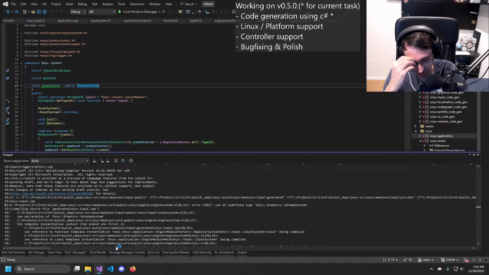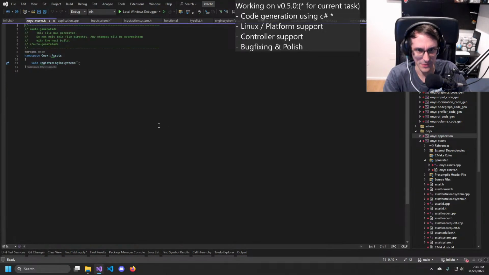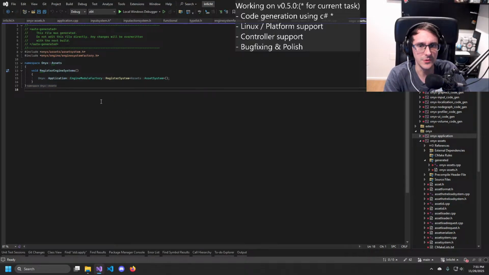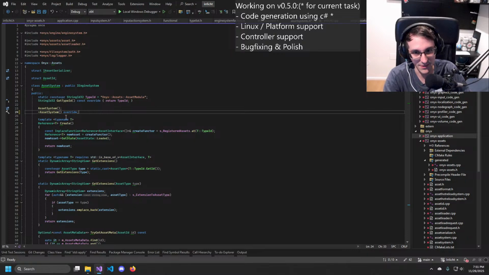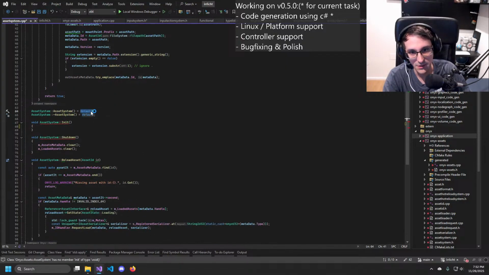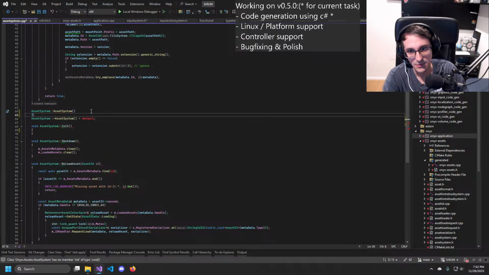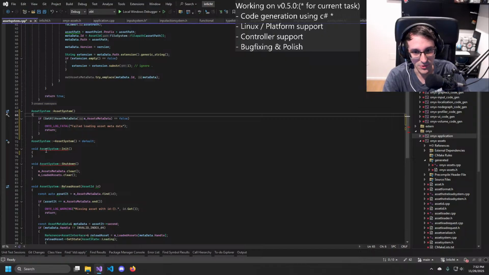I'm not even sure if that system even runs currently. I don't think we have a way how we could make the registering work while ensuring that everything is the correct type. So what I will do instead is I will just move everything into the according functions, which will be constructors and destructors instead. And the code generation will fill them out.